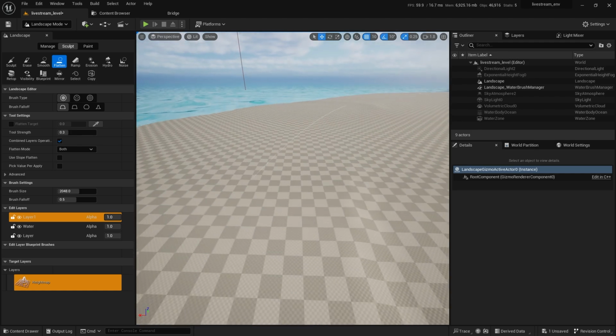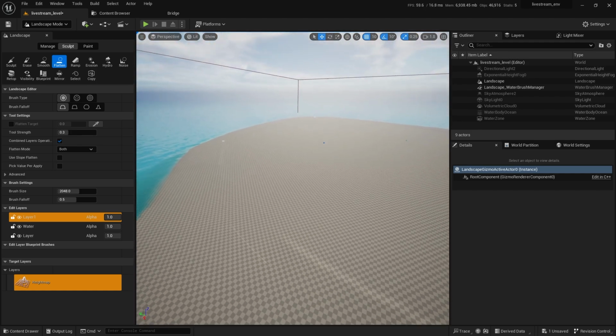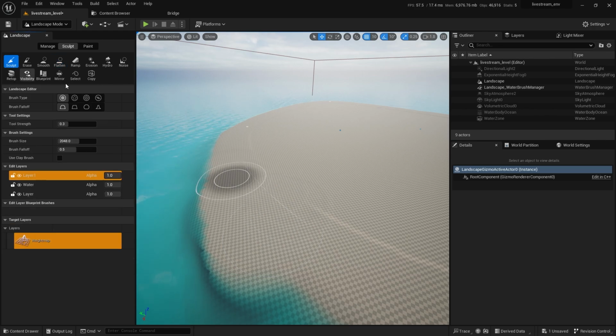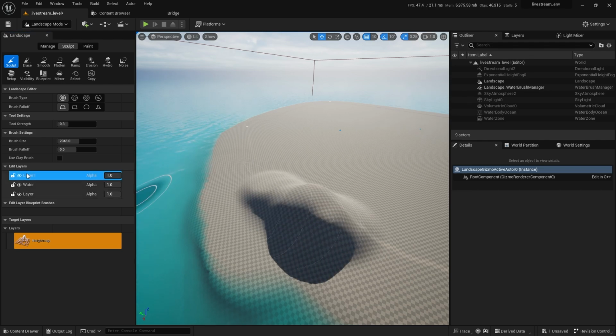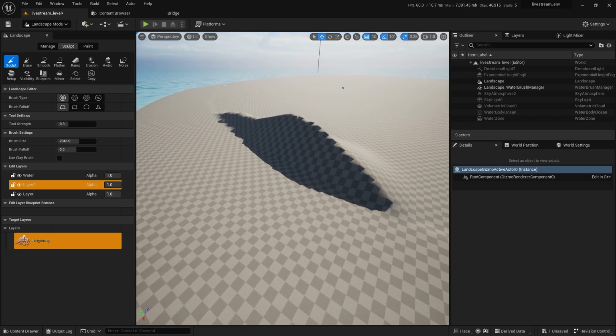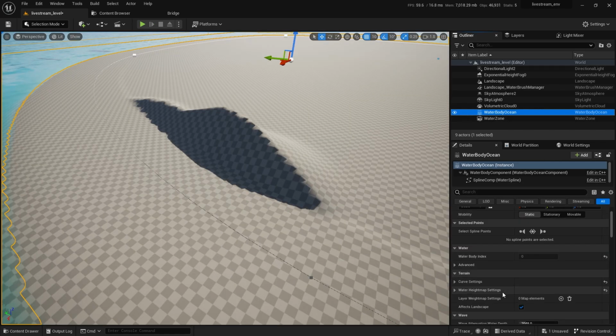Okay. And there you go. So that depends on what you want to do. Normally, you want to sculpt under the water so that your sculpt is modified by the water, just like this, right? So if you go to the water body ocean, you will see that you have